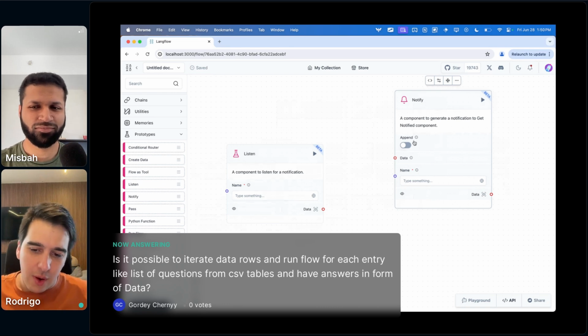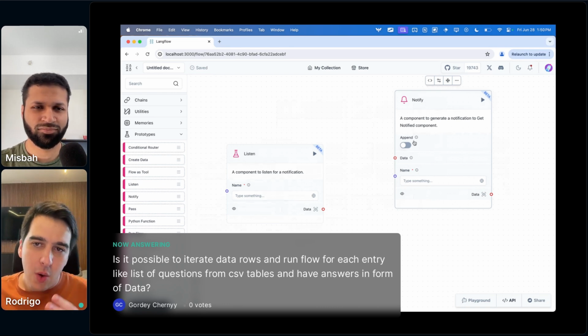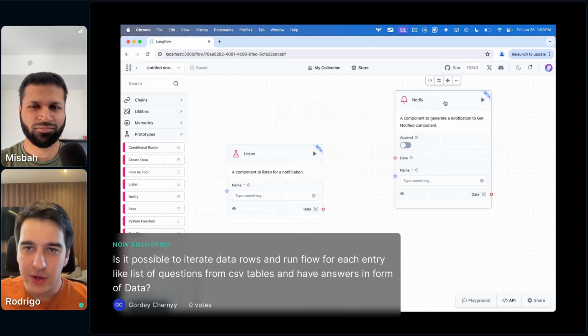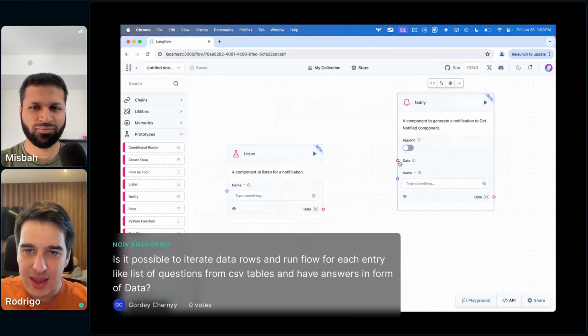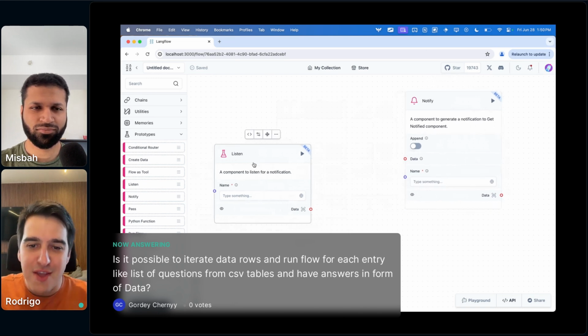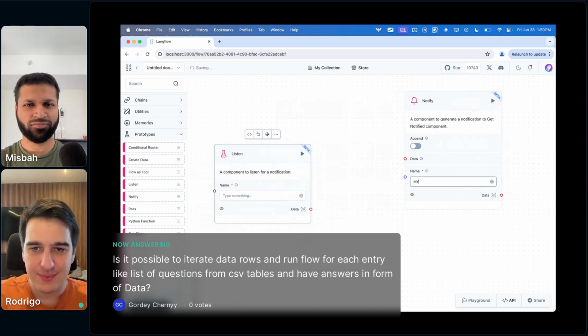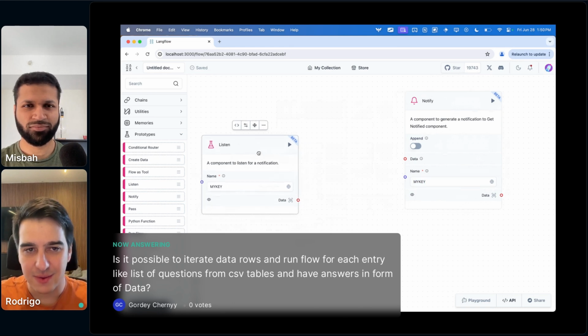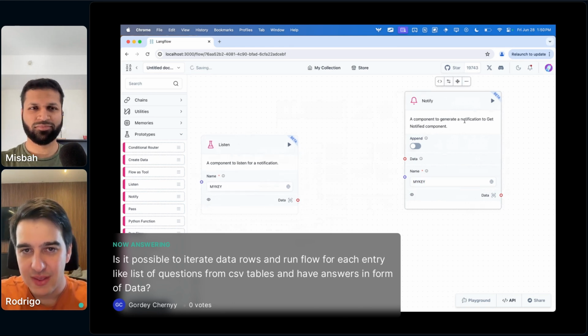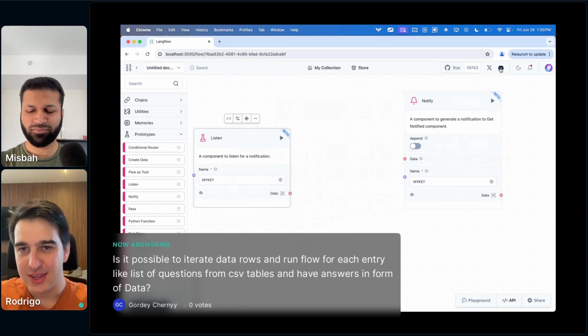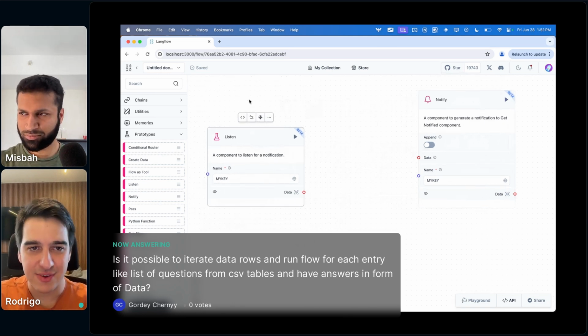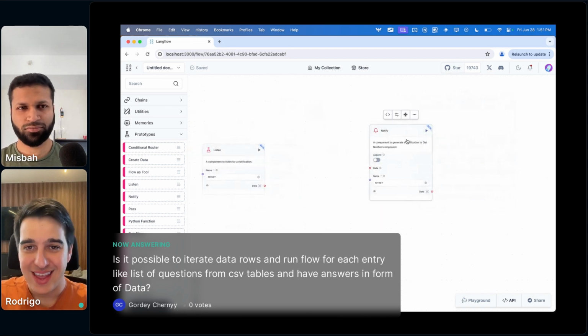components that allow a loop to happen within the platform, because what notify is doing is basically taking any data and sending it to another component. So let's say I have some data over here. I'm gonna pass a key name. Let's say my key, and this key is going to be received by this component. So whatever this guy spits out is going to come inside of this listen component. I can play it and receive the output on the listen,